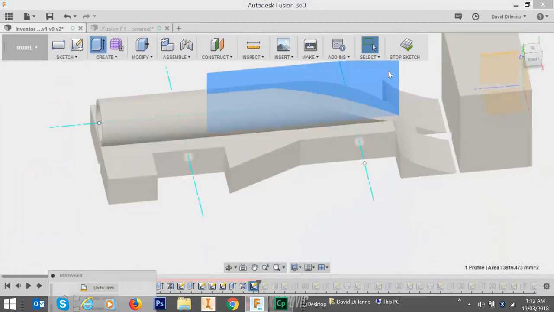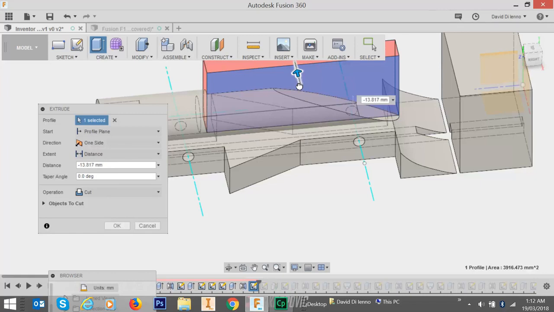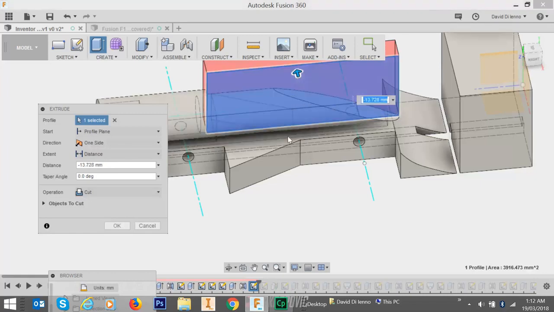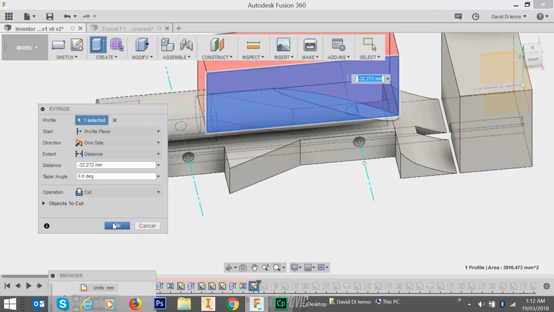and I want to create an extrude with it, and I want to remove, so I'll reverse the area, and I definitely want to cut, and I want to go all the way through across to the other side. So there it is. It should be all the way through by now. Click OK,